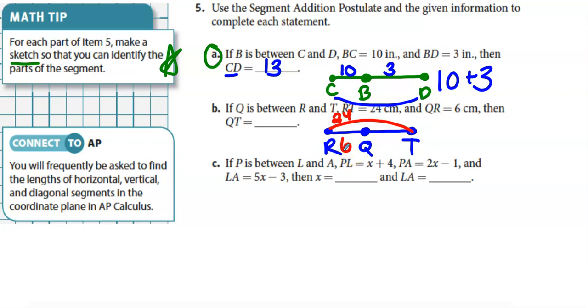And then I'm trying to find the second part. So maybe you can do this in your head. I'm going to set up an equation first. So if I don't know this, I'm going to call it x. So for example, 6 plus x is going to equal 24. And so I would subtract 6. Or you can know that, hey, I need to do 24 minus 6 to give you the other part. And that's going to give us 18